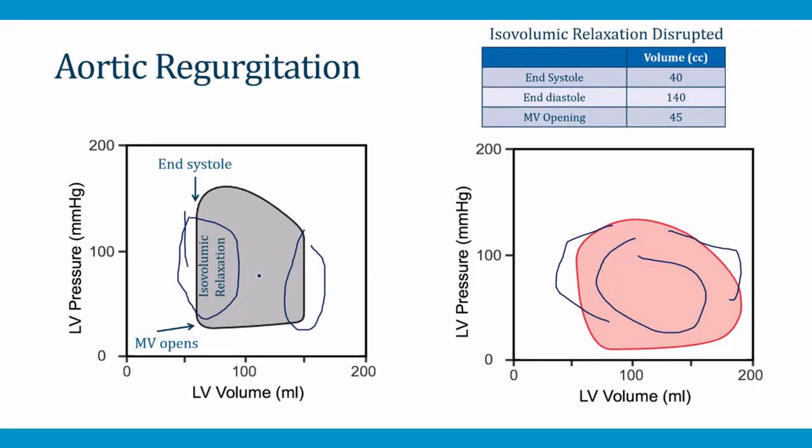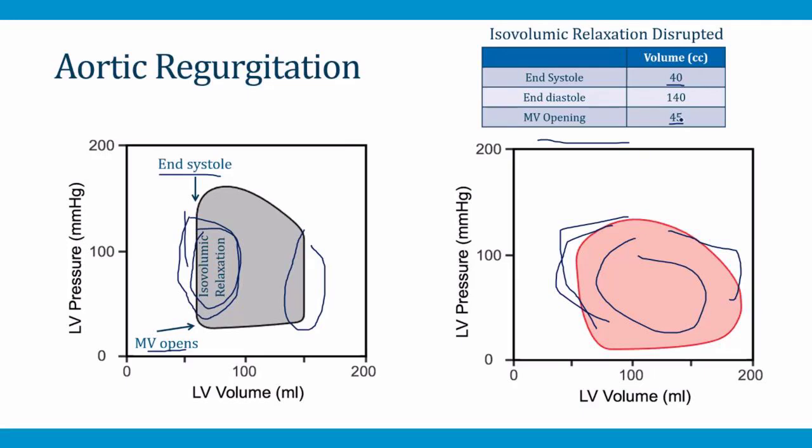And one of the most important places where aortic regurgitation disrupts the pressure volume loop is in isovolumic relaxation. When the ventricle is trying to relax but keep the volume constant, that aortic valve is leaking and allowing the ventricle to fill with blood. So that causes the isovolumic relaxation section of the PV loop to be curved like what you've got over here on the right side of the screen. So normally at the end of systole and when the mitral valve opens, the volume shouldn't change. But if you look at the top right side of the screen, this is what can happen in aortic regurgitation. At the end of systole, the volume is 40 here. I've made up some numbers to illustrate the point. And by the time the mitral valve opens, the volume has increased